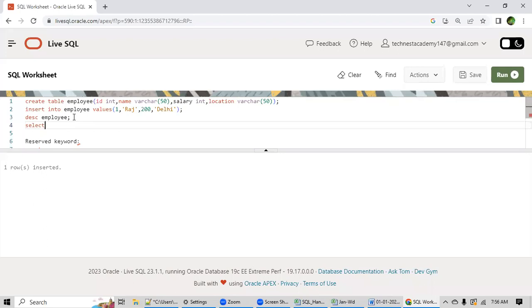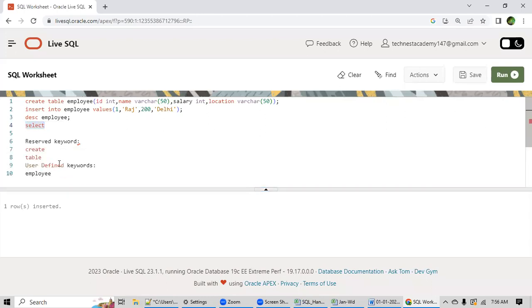Okay. So when you want to see the data in a table, the first thing you have to write is select. Select is also a reserved keyword. The moment you write select, the engine will understand that the user wants some data. Then you have to write star or asterisk. A star means you are telling that I want all the columns and all the records from